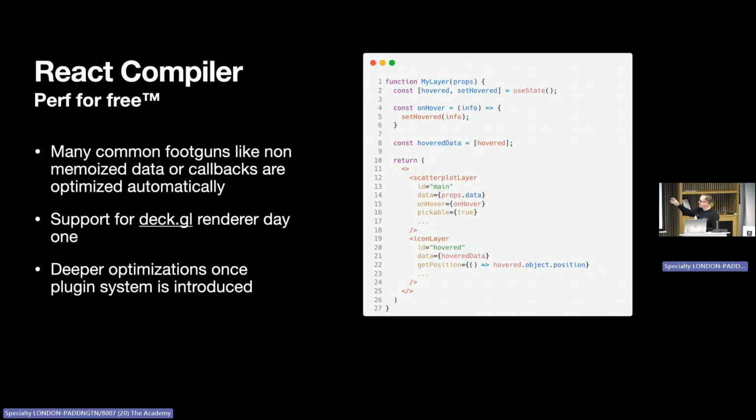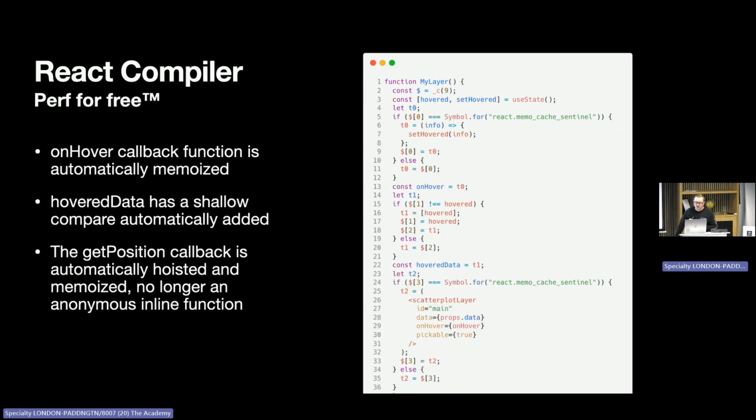But in this case, this is the before compile example. We have an onHover callback that's not wrapped in a useCallback, right? Hover data is being assigned to a collection here. So anytime this component renders, those would be new objects in memory. We have an inline anonymous function for a getPosition accessor, all that fun stuff. If you run this through the compiler playground, which you can check out online, it creates these hieroglyphics here. But